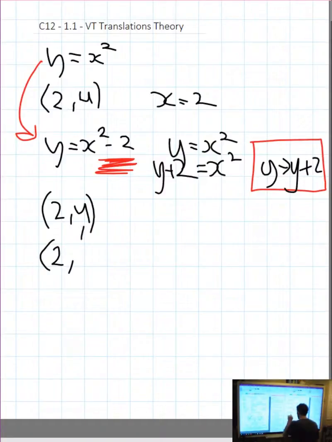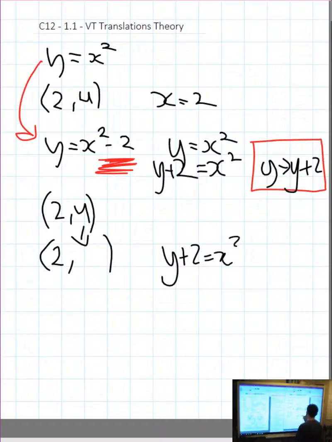So if x is 2, what does y equal? Well, y simply equals the equation, y plus 2 equals x squared. And everyone's like, what does that mean? And you want to get the negative 2, get the 2 onto the other side. So if we subtract 2 from both sides of the equation, which I'm rarely ever going to do again